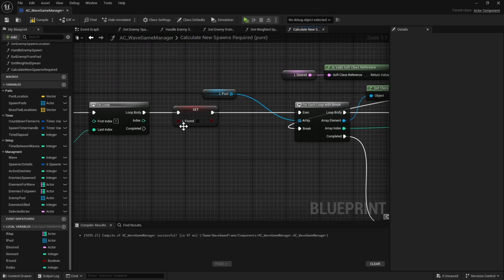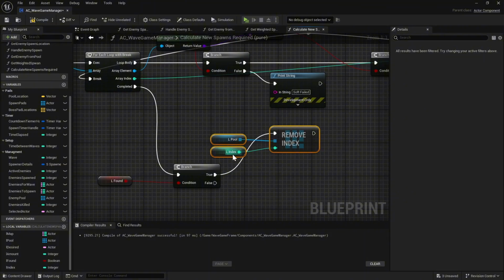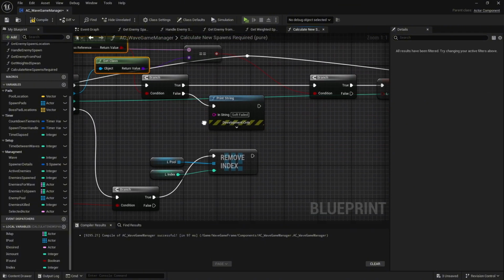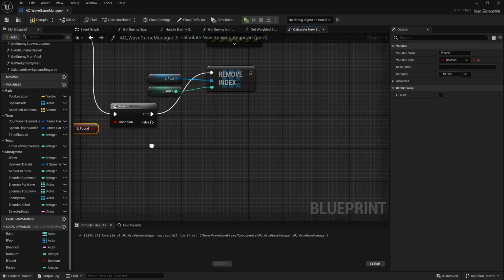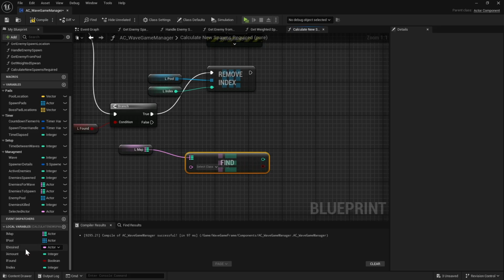Next time we loop through this, we're going to loop through this, 50 times? Next time we loop through this local pool will not have this index, and now if we go through it and none of the classes match, then we will go ahead and fail this found. And when we fail this found, we're going to take the local map and do like we did earlier. We're going to find the local desired,